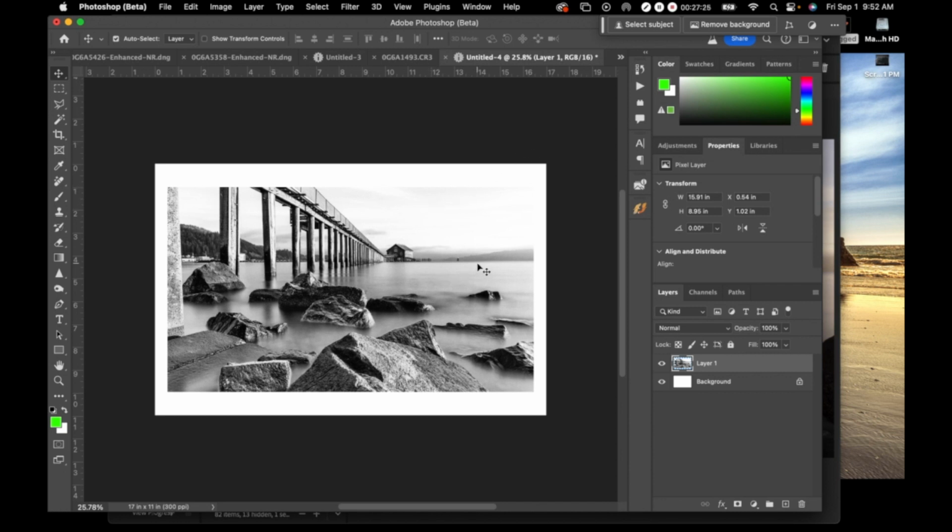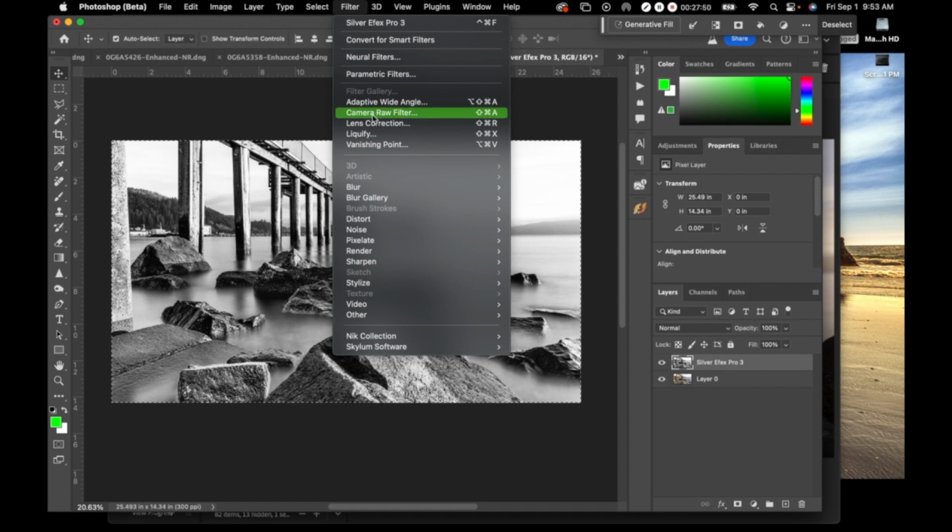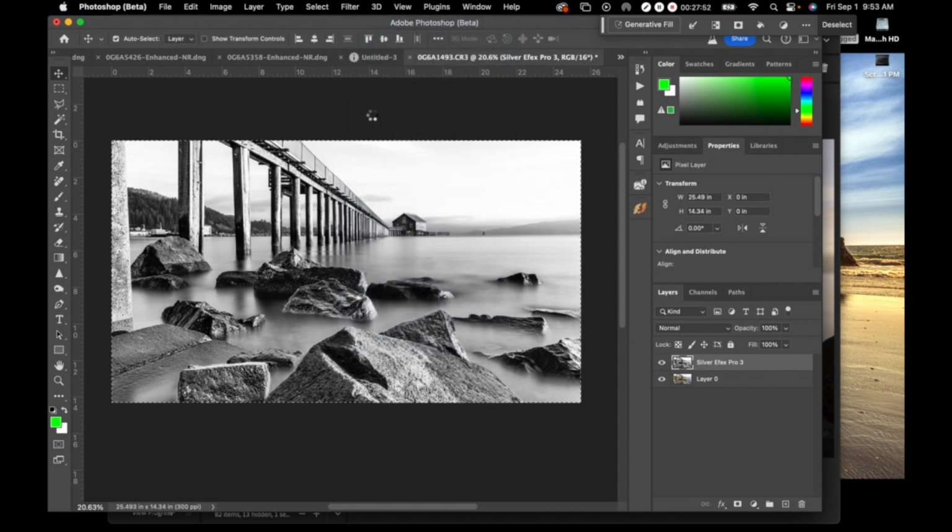If you really want to over process and get extreme with the processing of the fine art aspect of this, and if you weren't going to have a white border or a white frame around it, then let me go ahead and close this. We don't want to save it. Then you could start doing a secondary run into Camera Raw. And what I would do